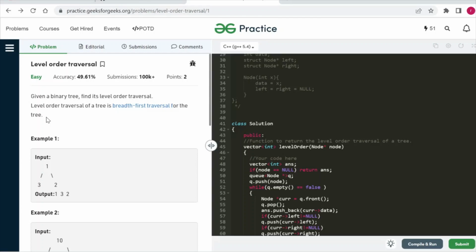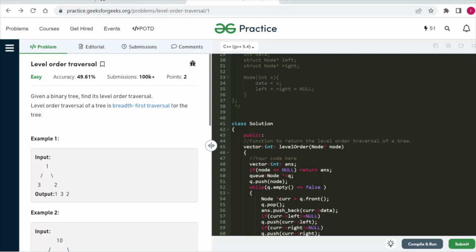In the previous videos we have seen traversal of trees. There are basically two types of traversals that we can perform on a tree. First one is the breadth first or level order traversal, and the second one is depth first traversal. In depth first traversal there are three techniques: in-order, pre-order and post-order. The implementation of those we have already seen. So in this video we are going to see the implementation of breadth first or level order traversal.